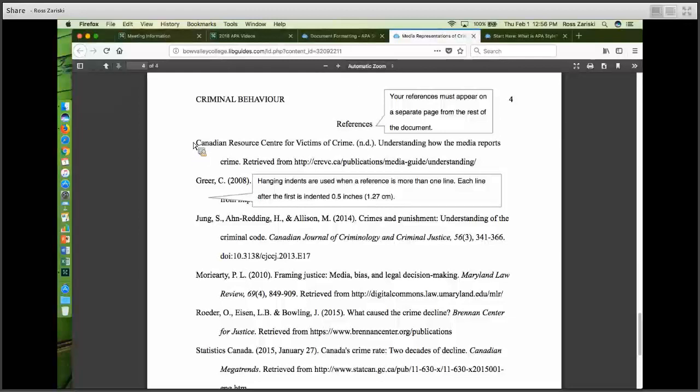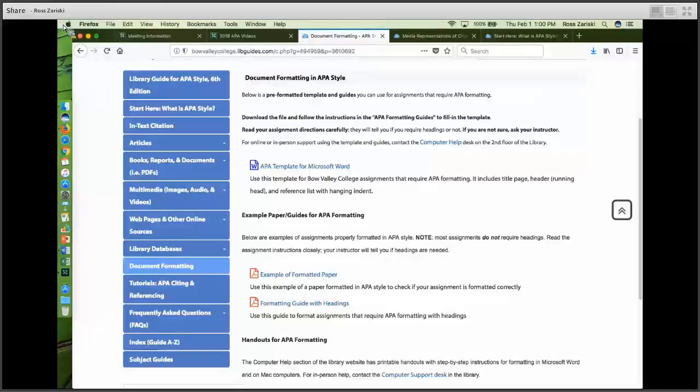My reference list is also alphabetized. Back in the document formatting section of the APA Style Guide, you'll notice that the first option says APA Template for Microsoft Word. This is a pre-made template that we've created for you that is already formatted with the APA